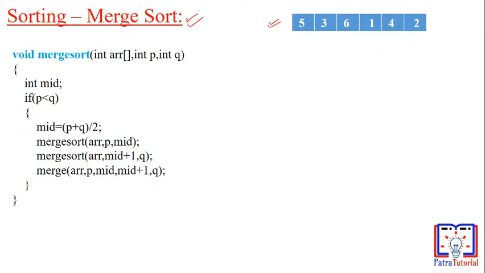First, I have to divide the array, right? So I need to pass the array name, the starting index, which is 0, and the last index, which is 5. Suppose the array name is ARR, p equal to 0, and q equal to 5. I am passing this to the merge sort function, and I will calculate the mid. 0 is less than 5, so mid equals (0 plus 5) by 2,